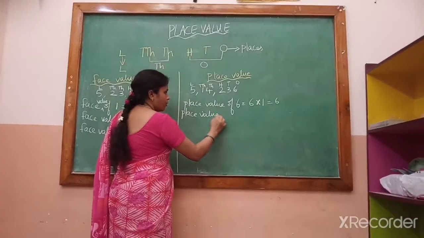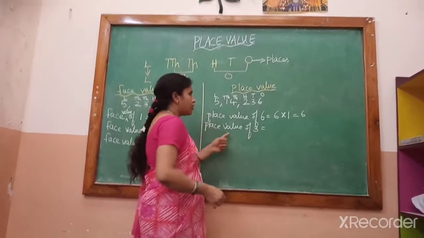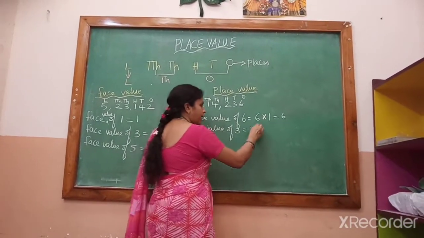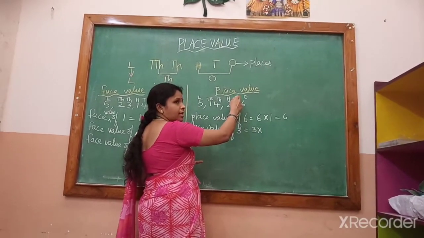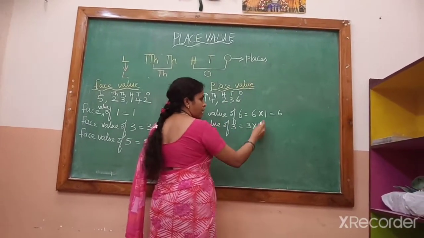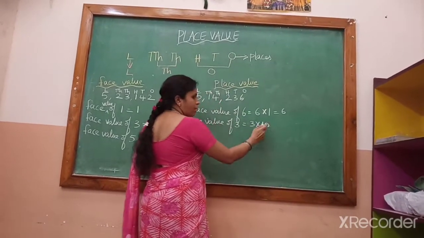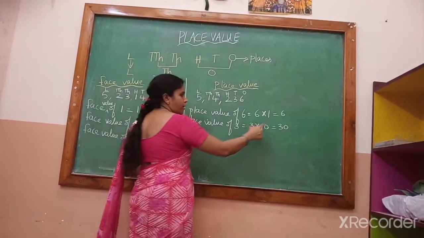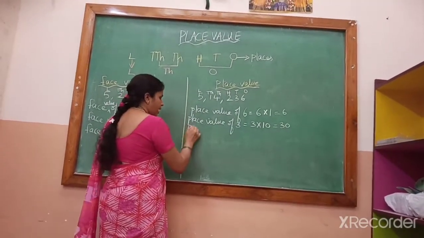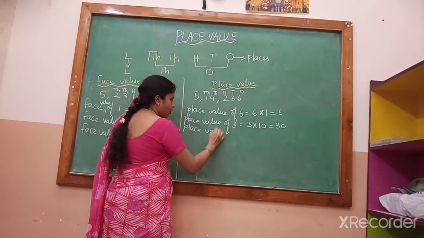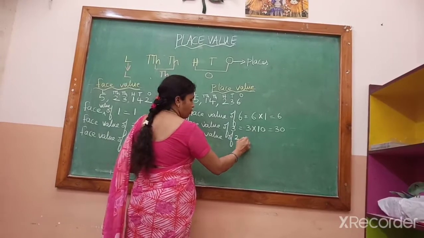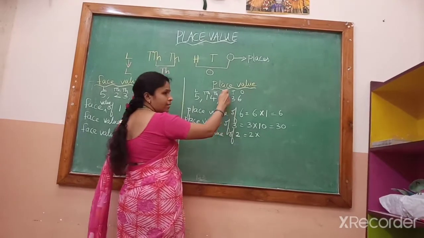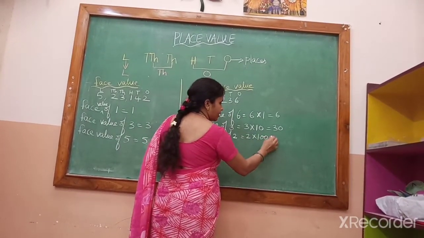In the same way we will do the next one. Place value of 3. What is the digit? Digit is 3. 3 multiplied with the place. In which place is it? Tens place. So you write 3 multiplied by 10. So 3 tens are 30. So place value of 3 is 30. Now in the same way place value of 2. Tell me how to do. 2 multiplied with which place? Hundreds place. So 2 into 100,